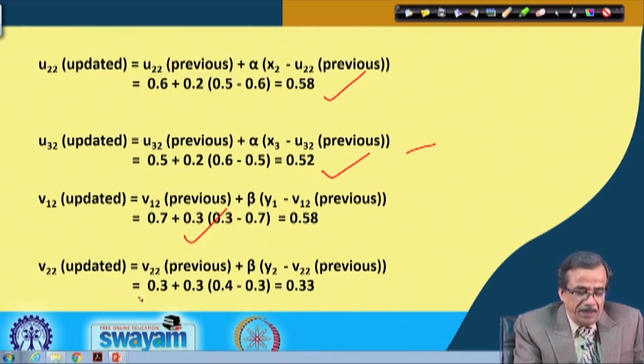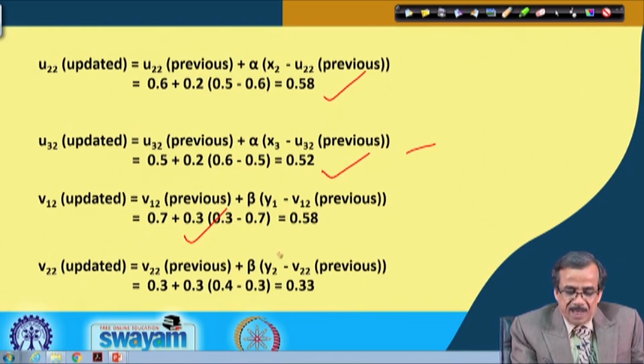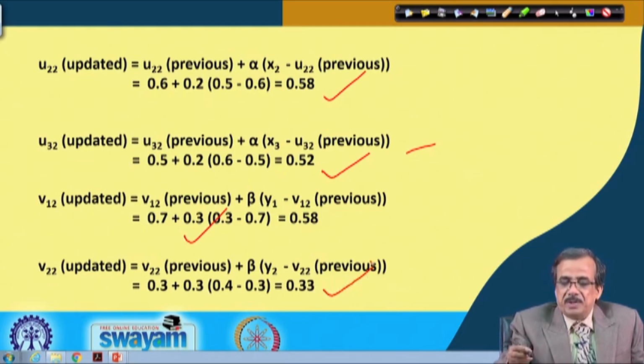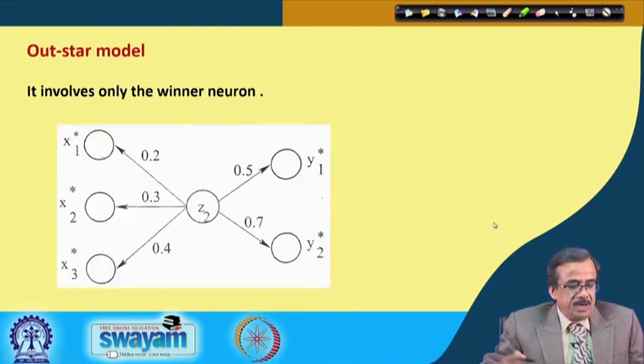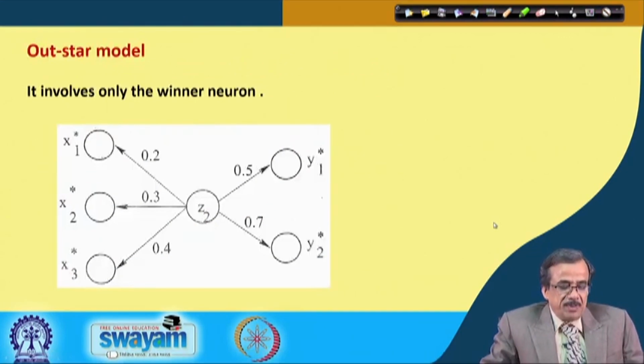So, v2 to updated is nothing but v2 to previous plus beta into (y2 minus v2 to previous), and if you substitute the numerical values, you will get that v2 to updated is 0.33. Now, this is the way we can find out the updated values, and once you have got that,